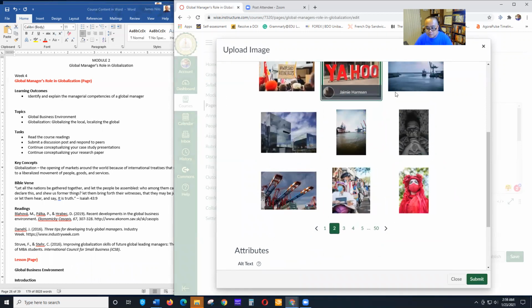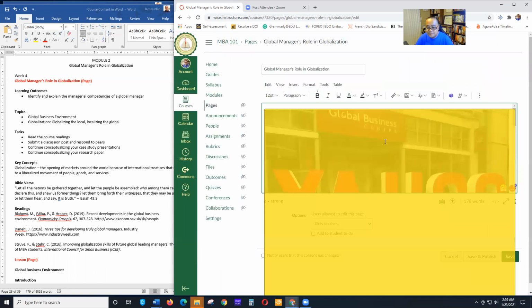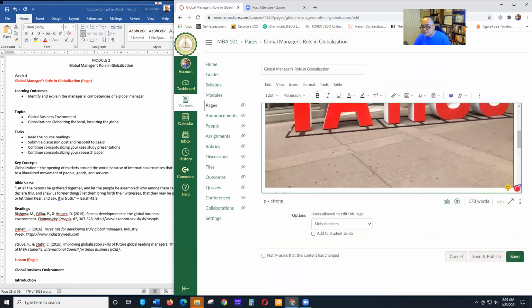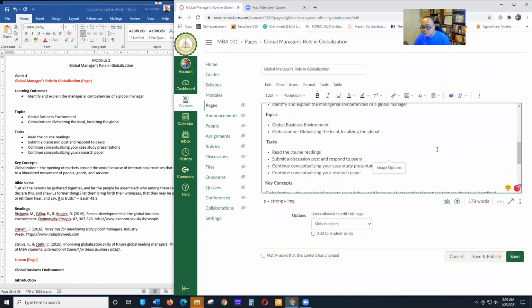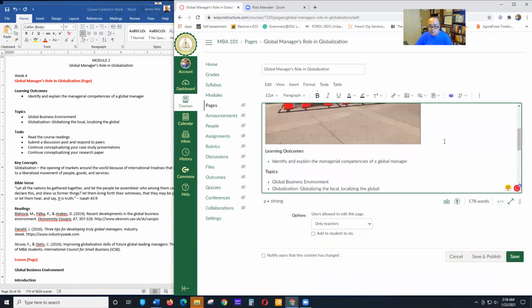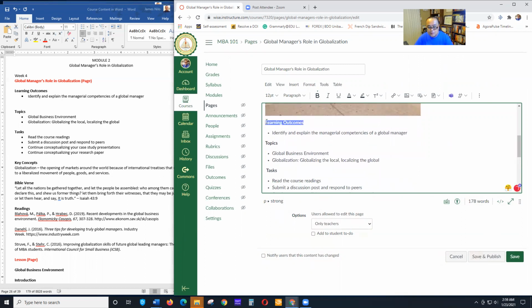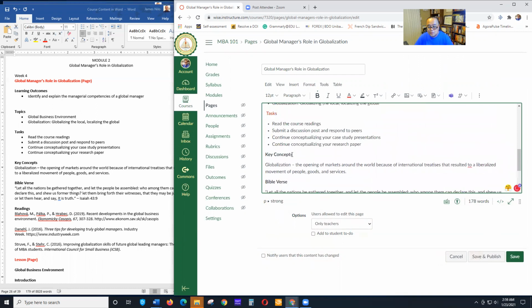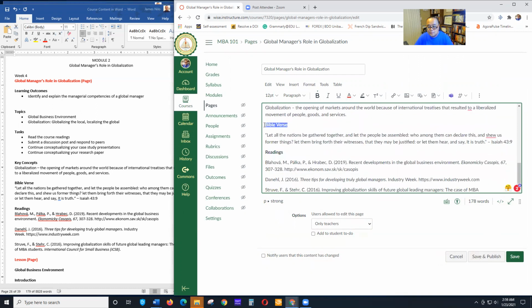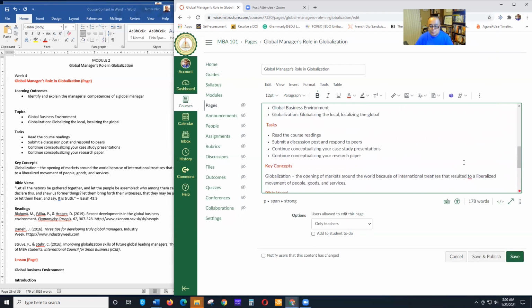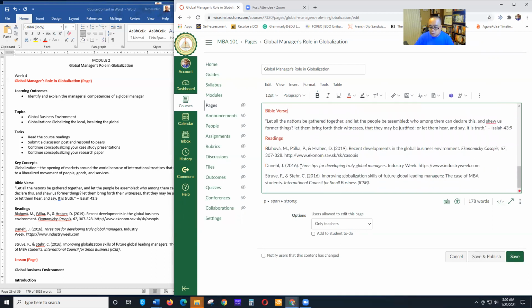I guess we can use Yahoo. All right. Again, if you want to change the colors, you can. There you go. What I also do is if I have readings that the students don't have access to,